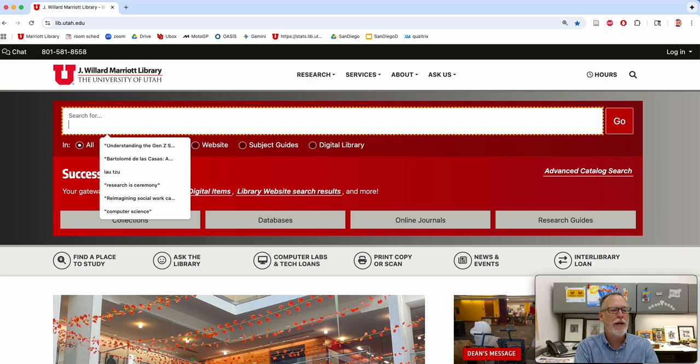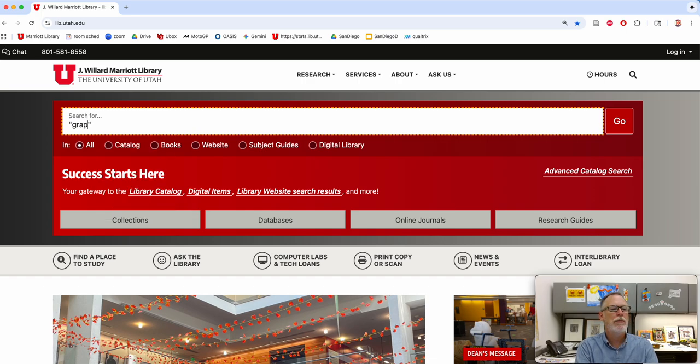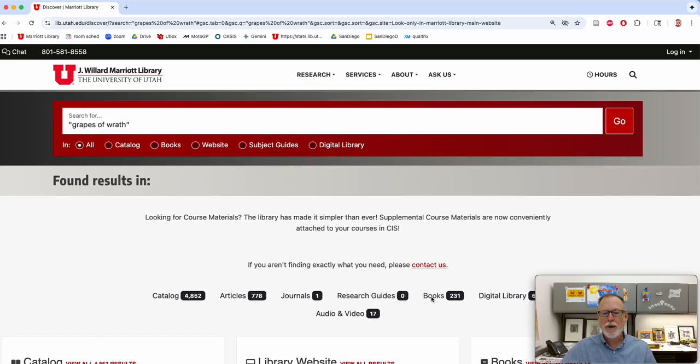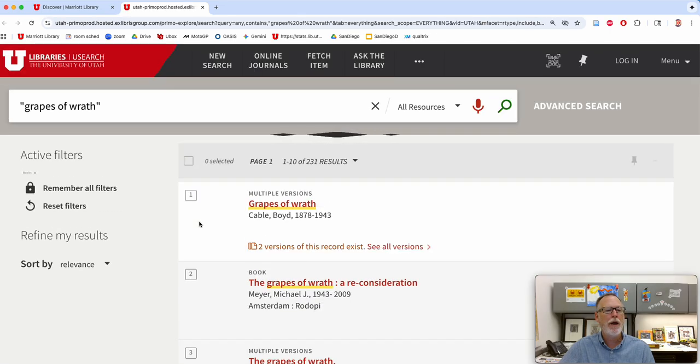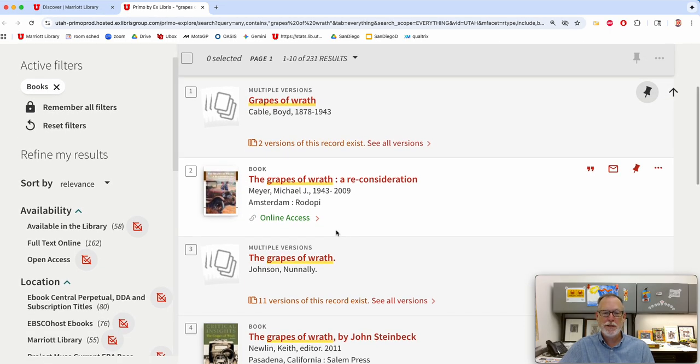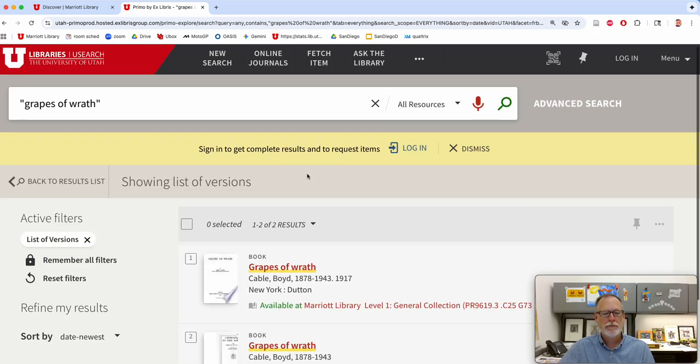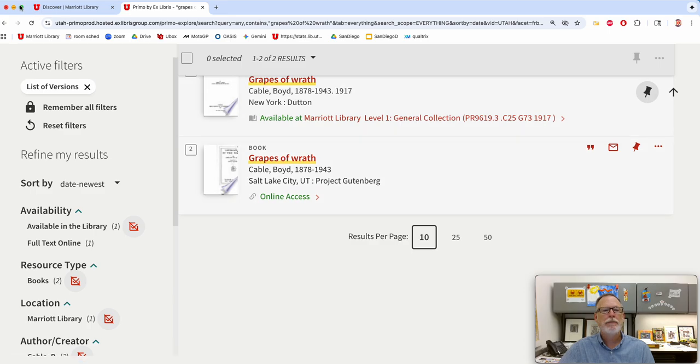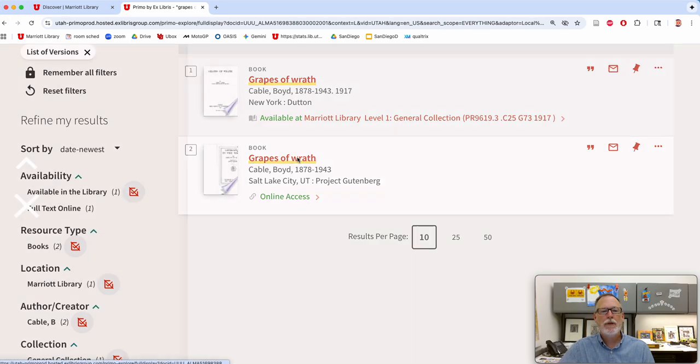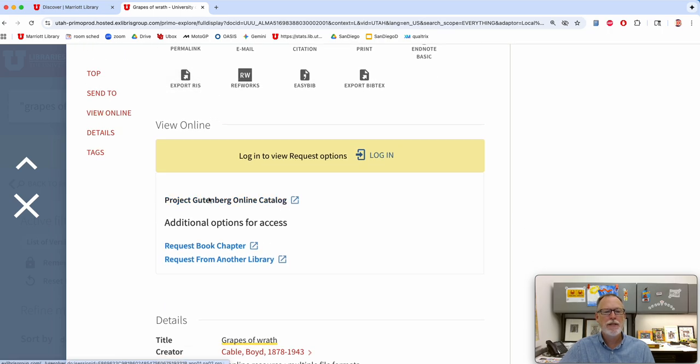So if you have a required reading, like Grapes of Wrath by John Steinbeck, you can find the copies of those books if you put it in quotes. If you have a textbook or a required reading and you're not sure you want to buy it, you could see what it's like first, or see if you can just borrow it from the library or have an electronic copy. Let me show you under books what we got with Grapes of Wrath. Since there's going to be tons of these, here's what an ebook looks like. Oh, actually, that's a book about the Grapes of Wrath. Here's the online one. Oh, it looks like it's out of copyright already, so you can just access it.